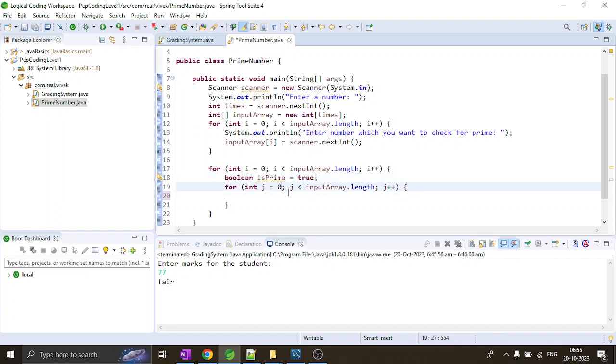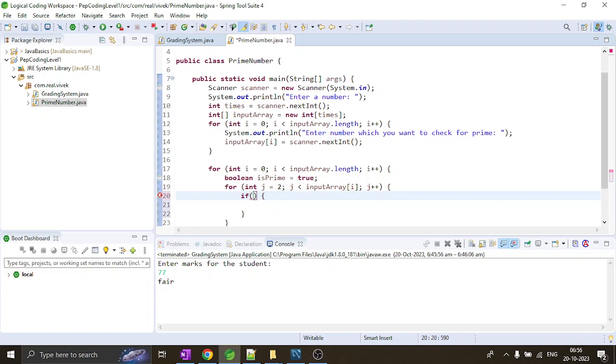Okay, so basically we'll be starting with 2, right? Because the number 1 is divisible by each and every number. So we'll start with 2 and then we'll go to the number. So we have to go till array of i, right? And this number will be excluded, right? Because the number will be divisible by, let's say 5, it's divisible by 5. Okay, so we have to check if,